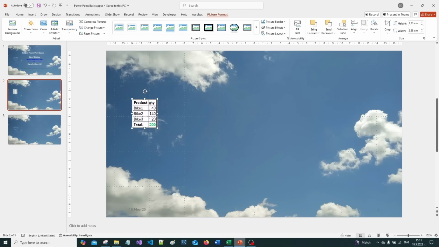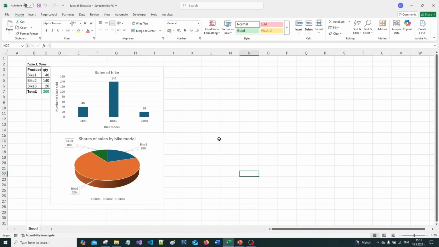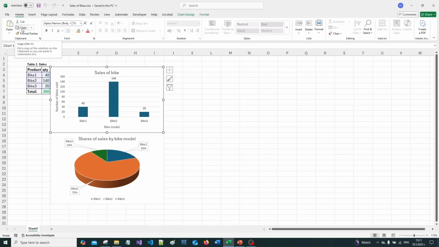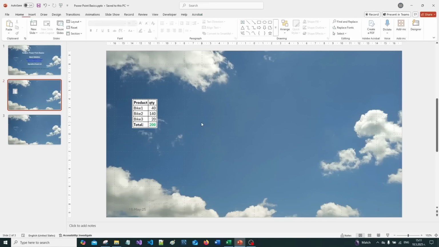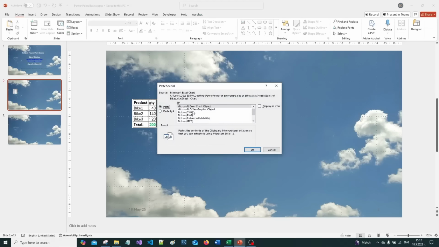Then we can go to the Excel file and select the bar chart. Once it has been selected, you can click copy, or the key combination, as you can see here in the brackets, Ctrl+C. Ctrl+C, for example, select it, Ctrl+C, go back to your presentation, and now select again paste special, and there is